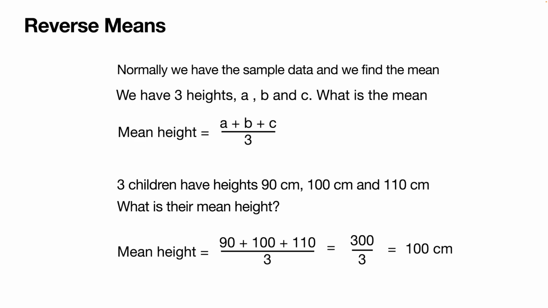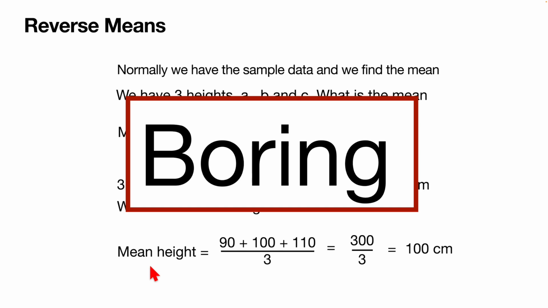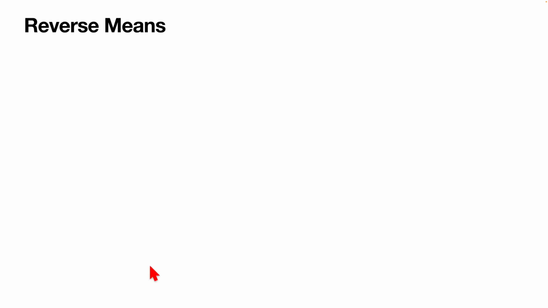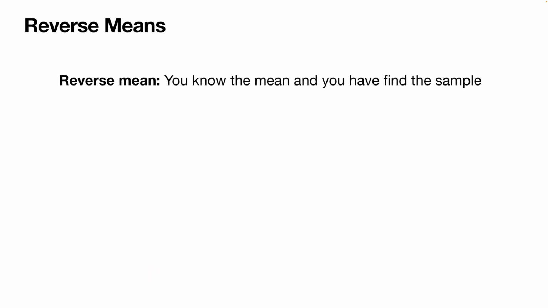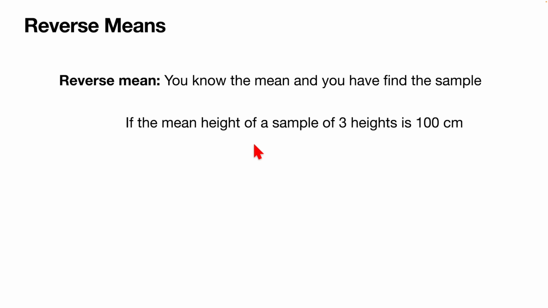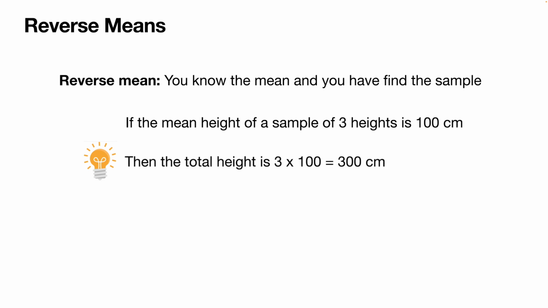Trouble with this is it's very boring. It is boring with a capital B, and it will not get you very many marks, even if they ask the question at all. So, examiners being examiners, they create something a little bit more interesting called the reverse mean. Here you know what the mean is before you start the question, and you have to find something about the sample. If the mean height of a sample of 3 heights is 100, then this is what you've got to think about. Then the total height is 3 times 100 equals 300